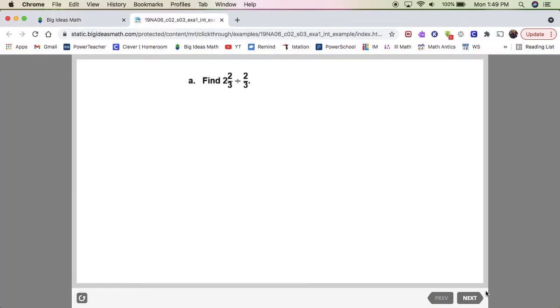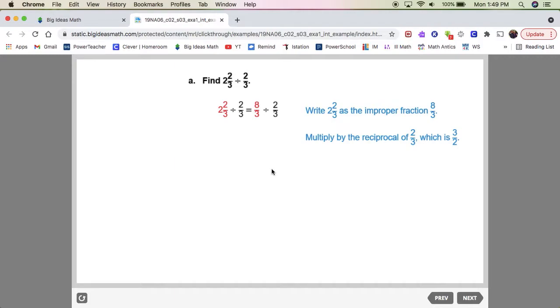I'm going to look at the first example here. If you had a book, you would be on page 62, and we're going to find the solution to 2 2/3 divided by 2/3. So we're going to focus first on that 2 2/3 because it's a mixed number. We can't multiply or divide mixed numbers as they are. We have to change them to improper fractions. So we changed it first to 8/3. We keep it a division problem right at first. We say 8/3 divided by 2/3. When we finish with that, then we can multiply by the reciprocal of 2/3. So it would be 8/3 times 3/2,